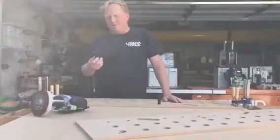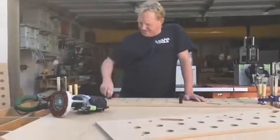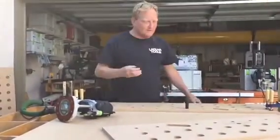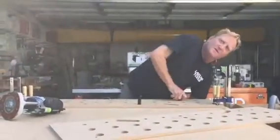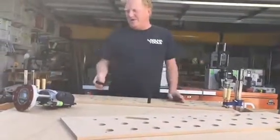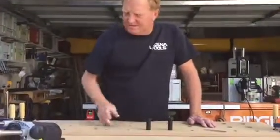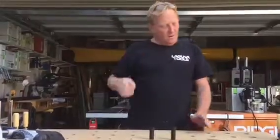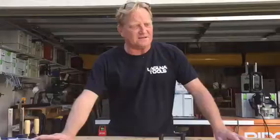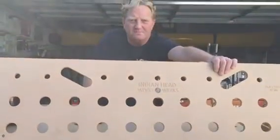All right, now you want to check them with your 20 millimeter bench dogs. And they fit perfect. That little tiny bit of dust that was there a minute ago is now gone, and that shows you how precise this Festool stuff is and how a little bit of sawdust can screw everything up. So basically right now you're going to take the template